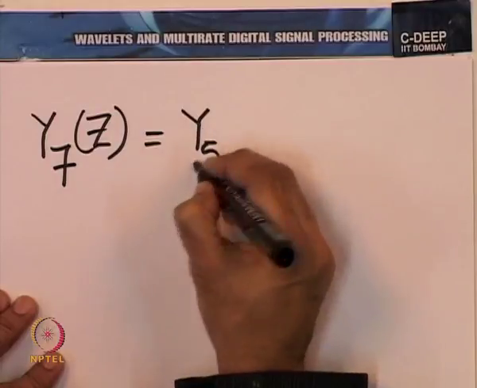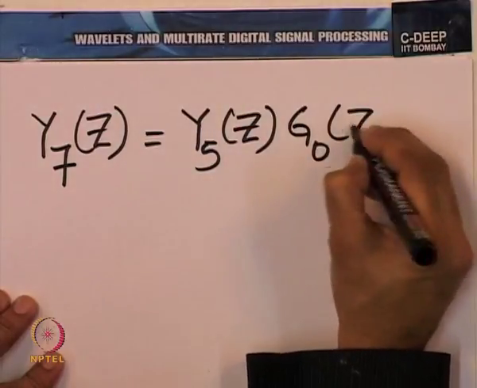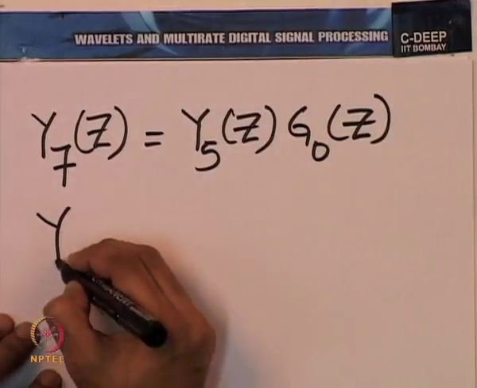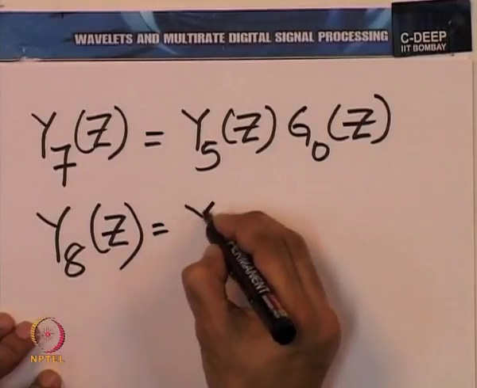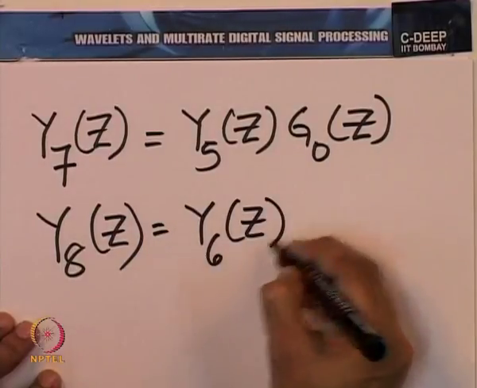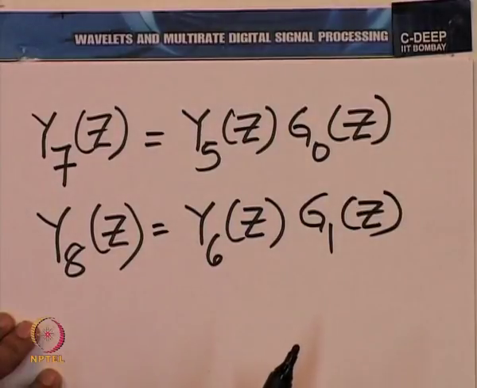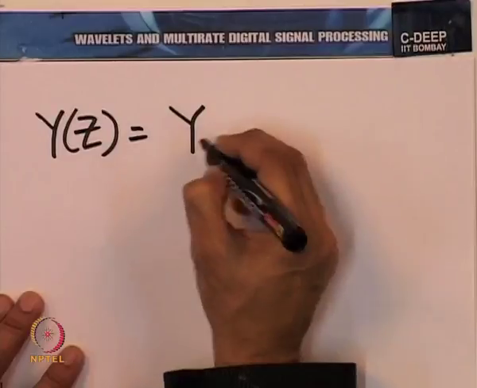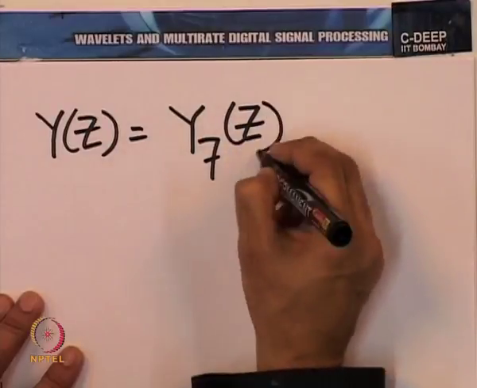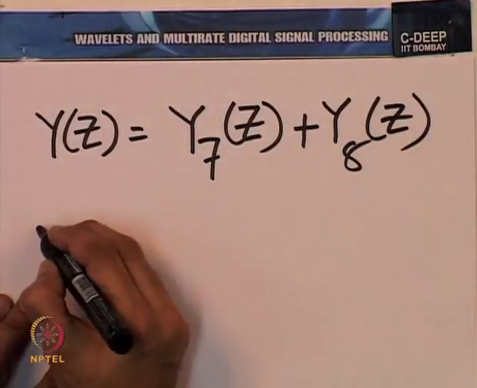is Y5(z) times G0(z), and Y8(z) is Y6(z) times G1(z), whereupon Y(z), which is Y7(z) plus Y8(z), becomes,